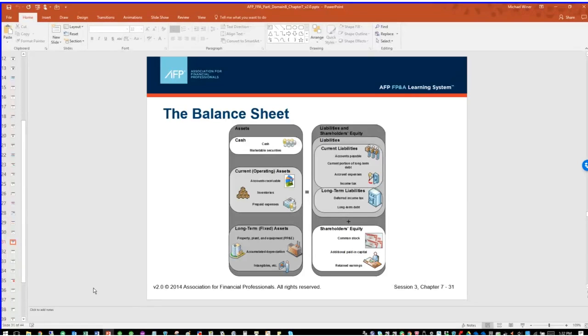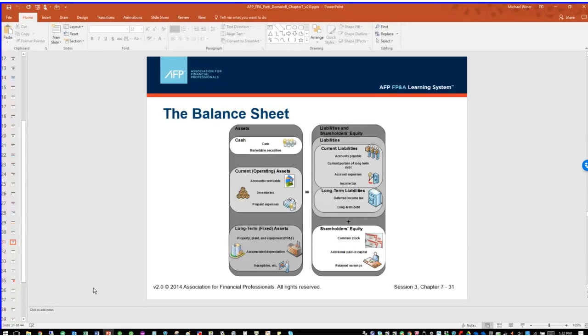The balance sheet is broken into two pieces, well, really three pieces, but there's an upper section and a lower section, and the upper section equals the lower section. And that's why it's called a balance sheet. It has to balance. That's due to the Italian in the 1600s, Pacioli, I think was his name, something like that, who designed a double entry system. So this has to balance. So the upper section has your assets.